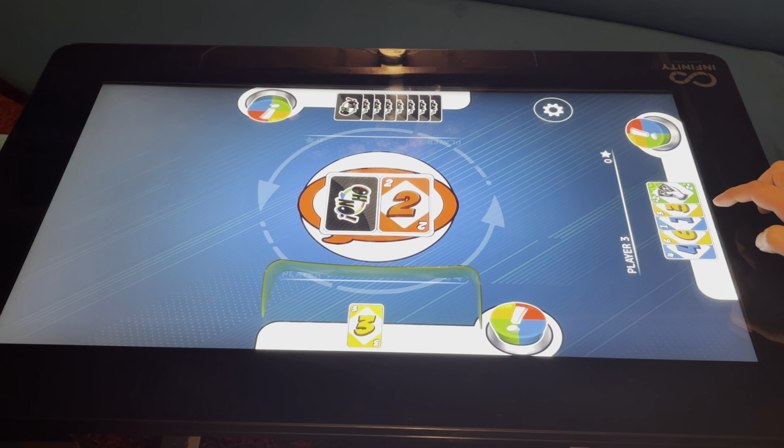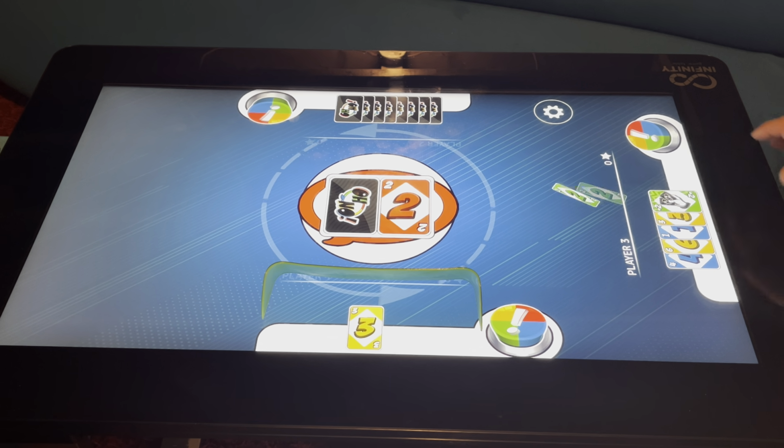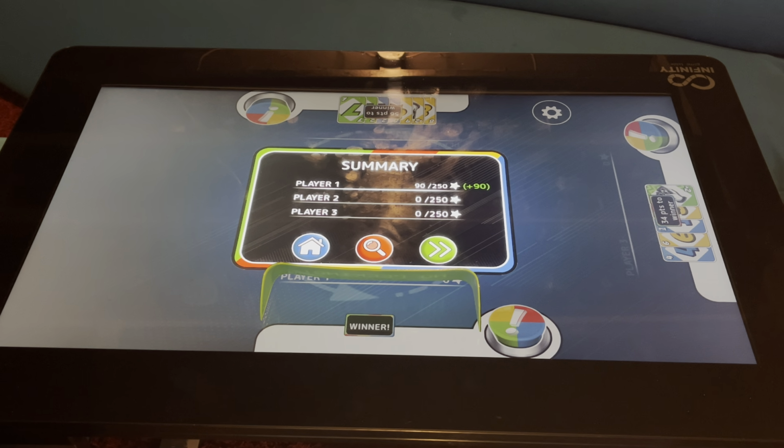Next person again here would go. They have a draw. Nope, they don't. I can't see. They have no. Oh, they got a 2 though. And look at that. Computer gave us exactly what we needed. We play. That's game. And then the guy comes out and says that's game, and then it gives you the points,